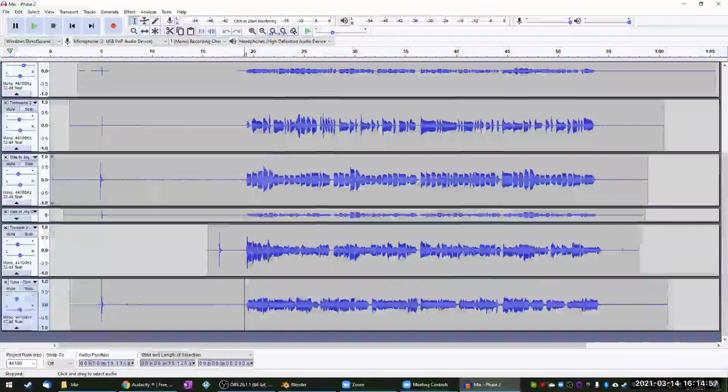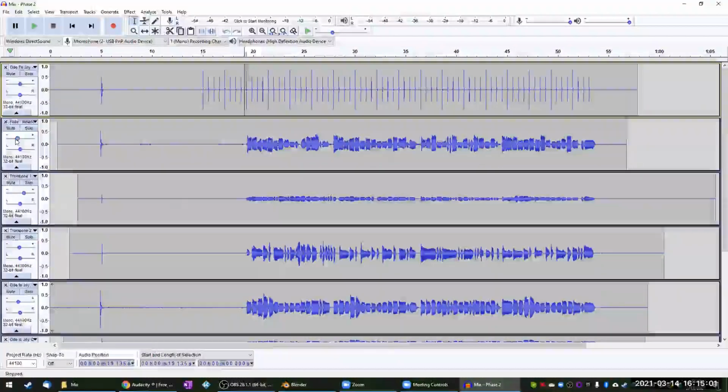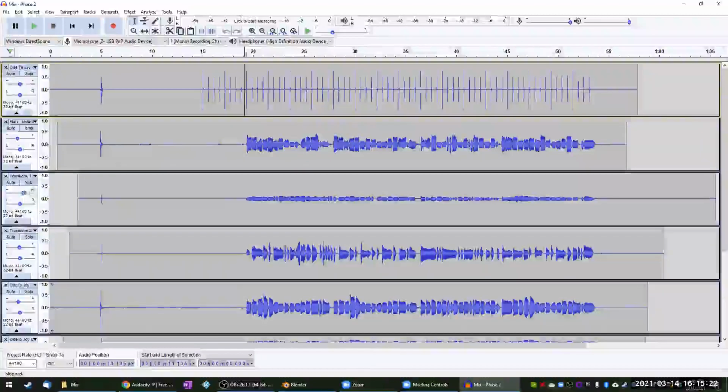So once everybody's sound is in there and lined up and you're happy with that, the next thing is to go through and set your volume levels and just make sure everything blends nicely. Because sometimes you'll get a recording, like you can see this trombone sound looks really small compared to this trombone sound or this flute sound. And that's just because of the method of recording. It was a different type of microphone or setup. But that can all be adjusted using the volume levels here.